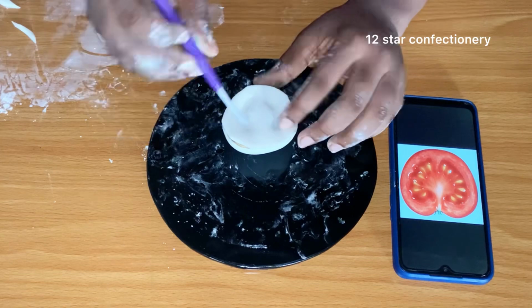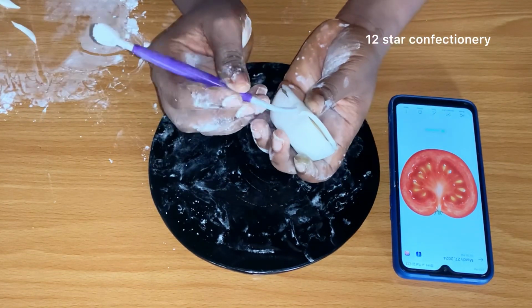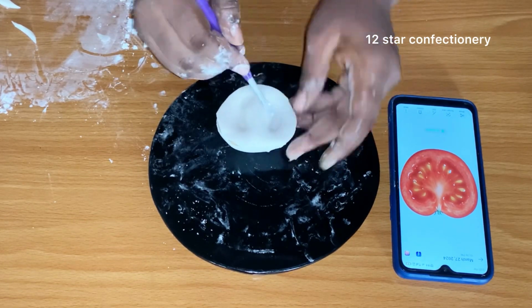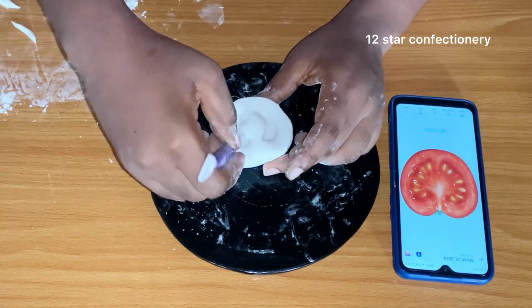So that is it. So this is me covering the front of my cake pops with fondant icing and sealing the sides of the cake. So let's see what we have here, and before we continue,